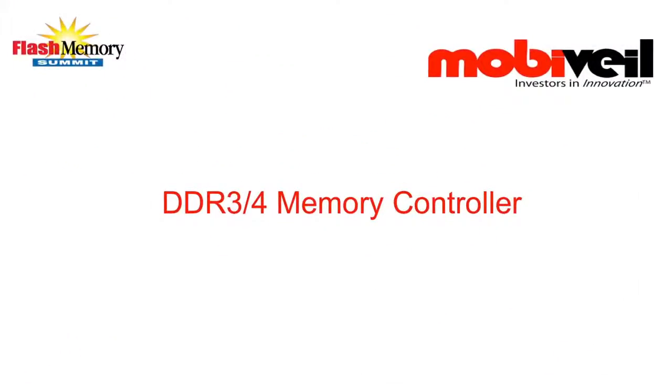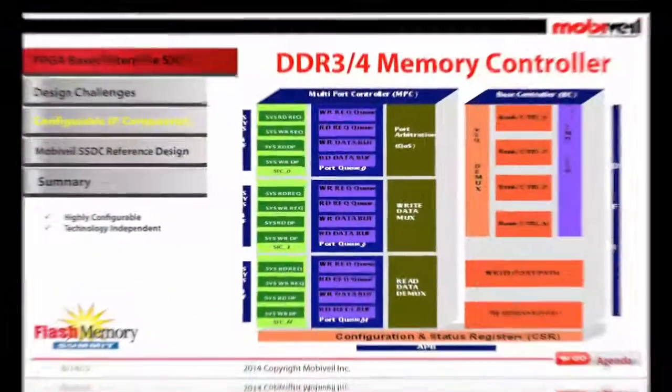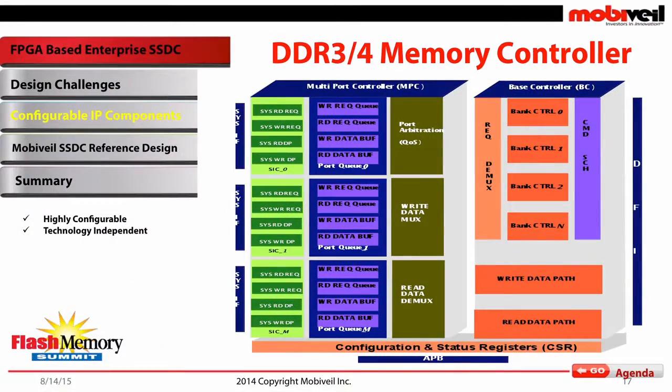And of course, DDR3 and 4 memory controller, again, we need certain compliance in terms of AXI4 and DFI, because you have the flexibility to pick and choose the device. QoS, because there are going to be multiple masters in your solution, you want to have the path to the DDR already handled by the controller itself rather than you designing your own QoS scheme. And of course, in FPGA, you want some flexibility because you can't really run at a very high speed, so you want a solution which can be implemented in a quarter mode, where your core clock requirement is much less than what you are running at the line.